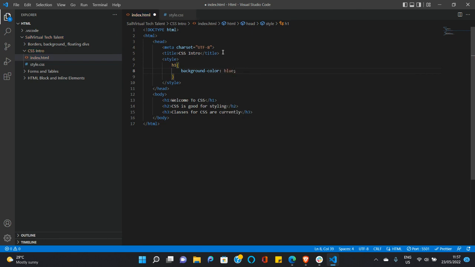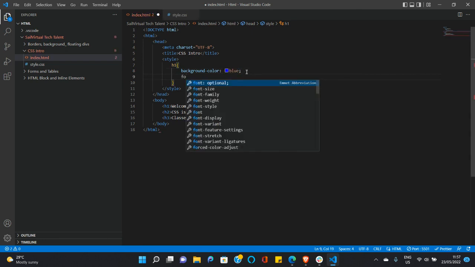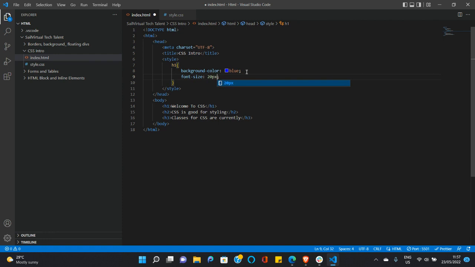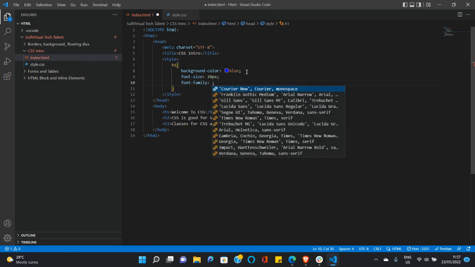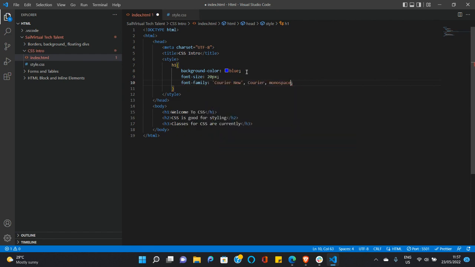So we had the background color to be, okay, let's use blue again. Then you have another property, the font size, let's say 20 pixels, which is still lesser than the heading 1 default font size. And lastly, we would have the font family, Courier New, Courier monospace. Yes, so if we save this